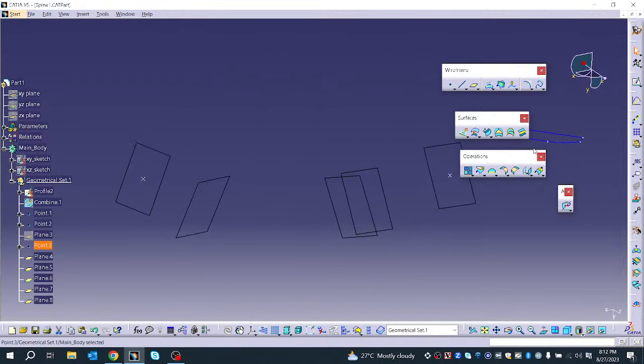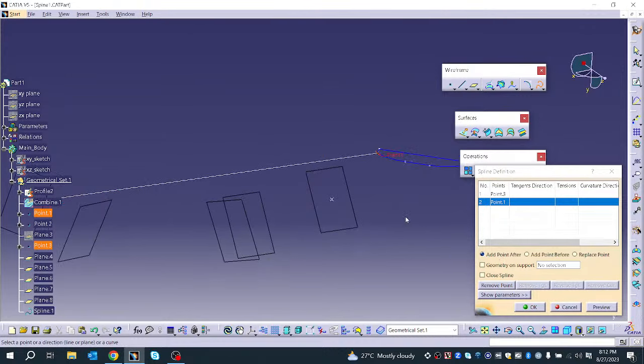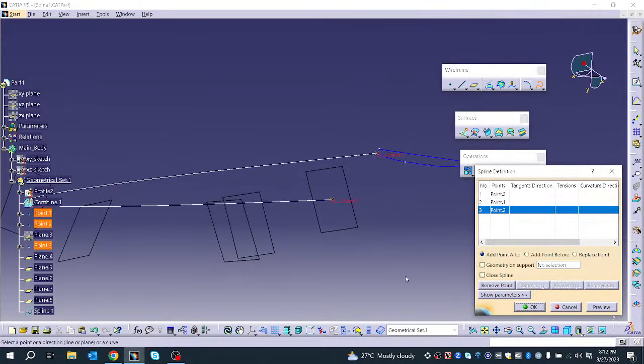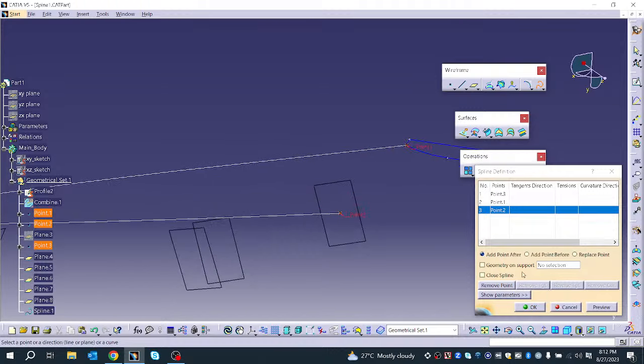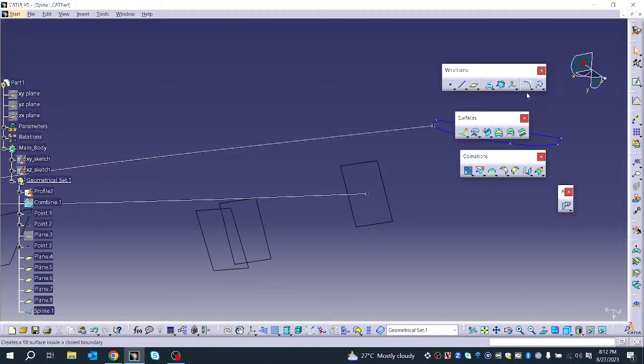Okay, just creating the spline by connecting this first point, second point and third point. You can see the spline has been created using these points, or you can directly add or remove points from your spline definition preview, okay. Or else you can go to create a spline